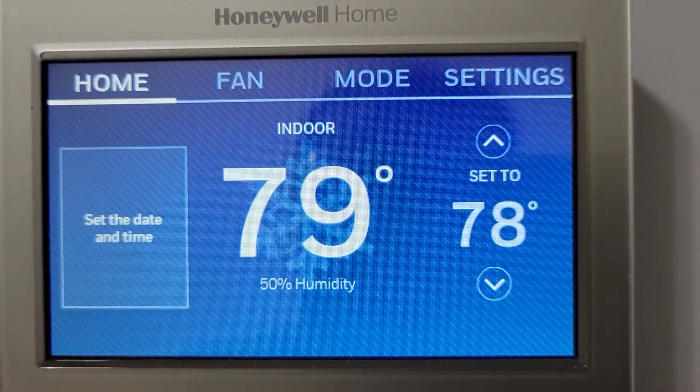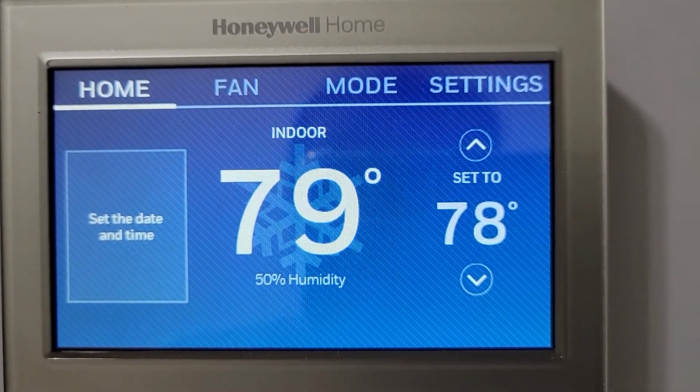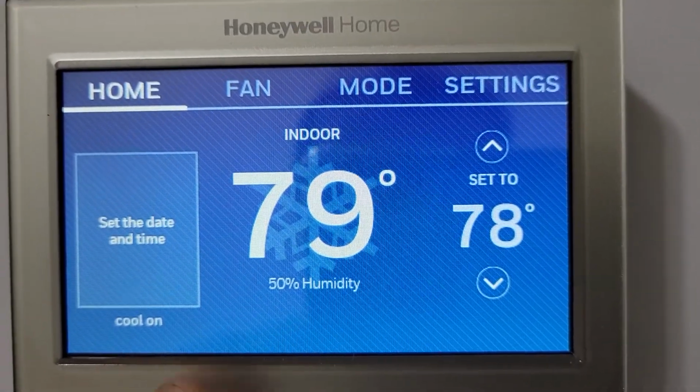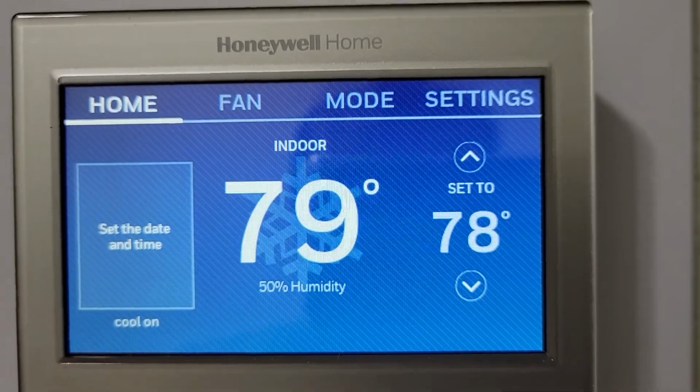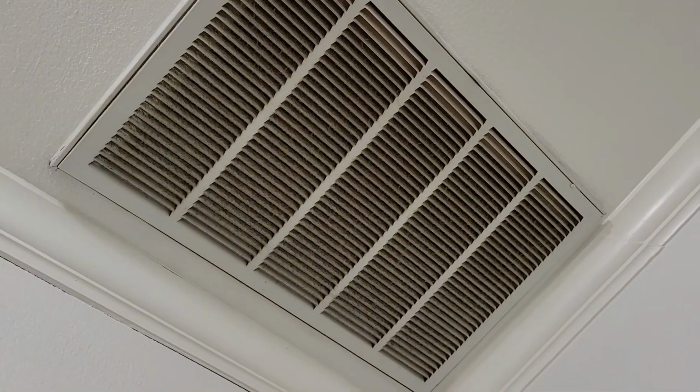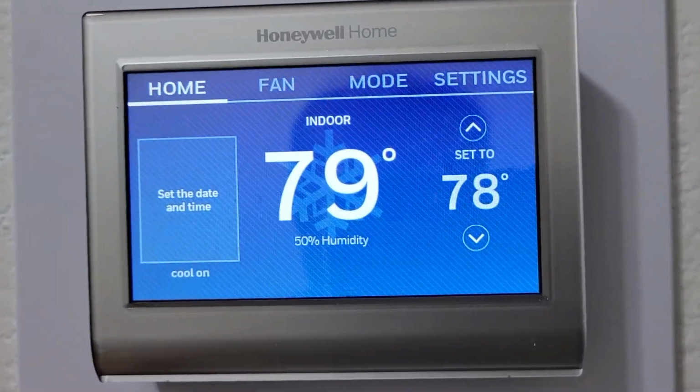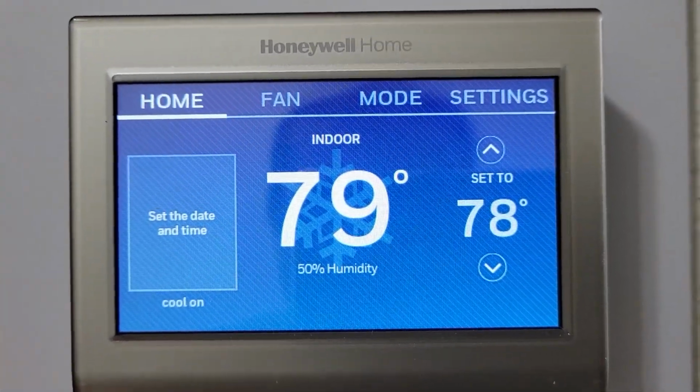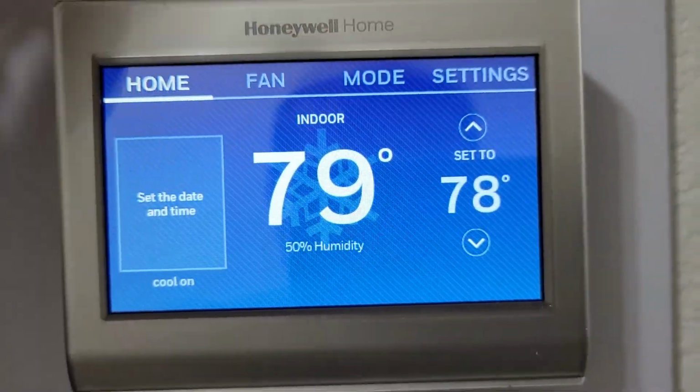The AC still has not turned on, and there you go, it's cool. You see this cool on, and yes, I can hear that it's turned on. But obviously I don't want to do this. I want auto mode. So I went to settings